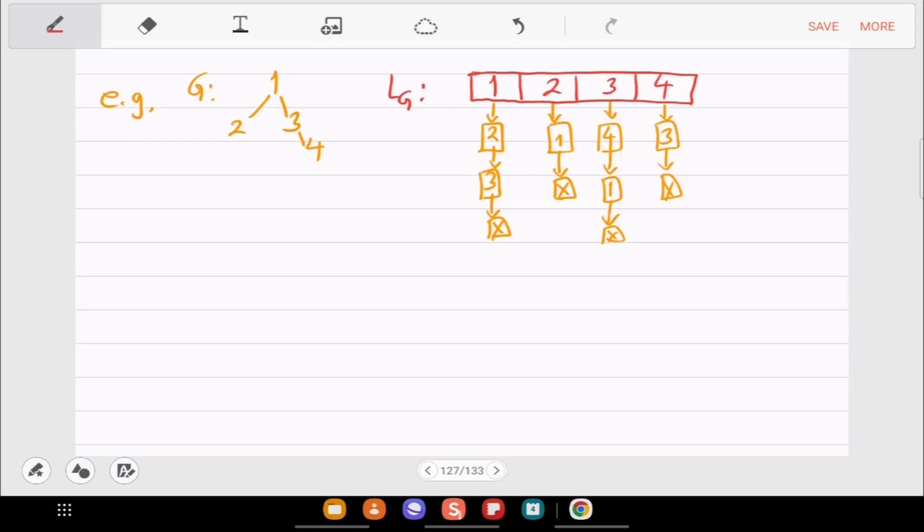Okay, can you see that a graph corresponds to a unique linked list and vice versa? And also a directed graph you can represent. So a linked list and a directed graph, they are equivalent representations. Is this clear? No information is lost or no information is added.